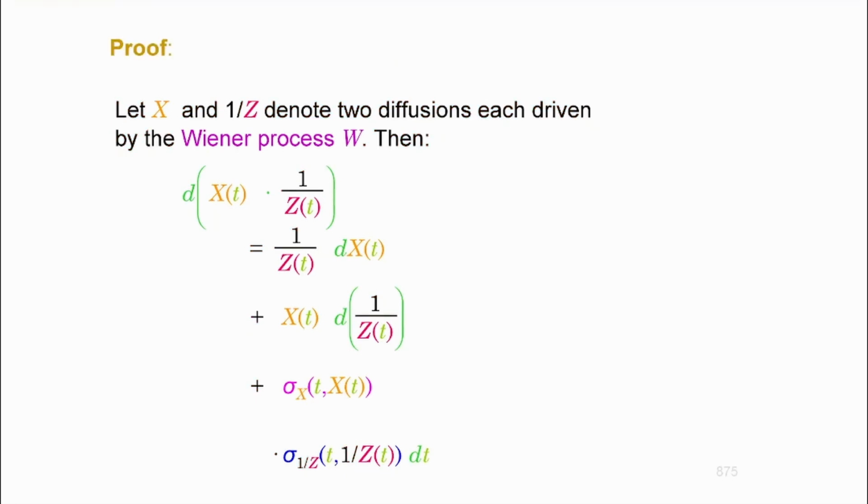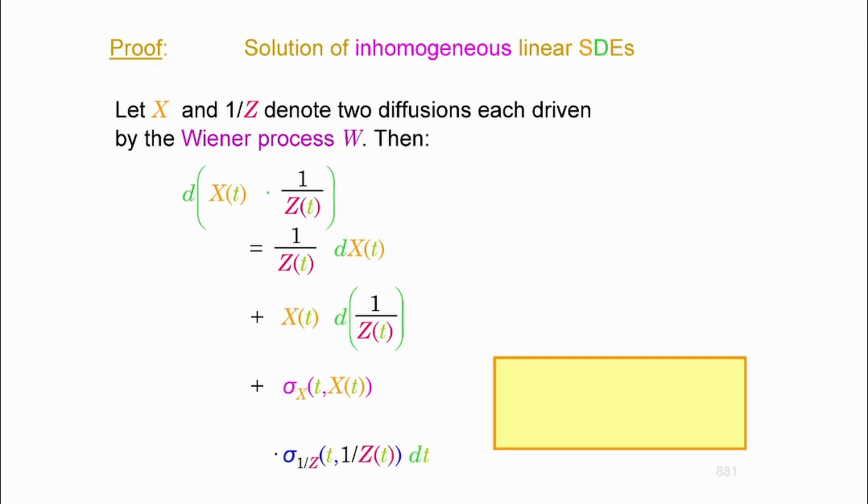And now I'm not going to prove that, because it had been more or less explained last week, but I'm going to show you how the solution of an inhomogeneous linear differential equation, stochastic version, works. First off, I'm going to take care of that differential dx, which is a diffusion. Check this one out. I was addressing this already.